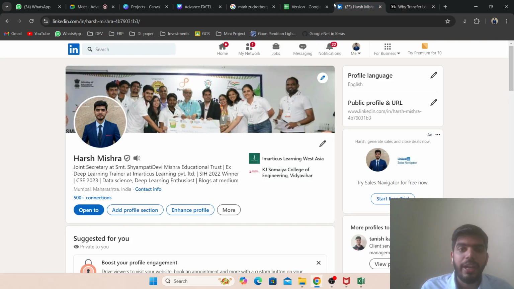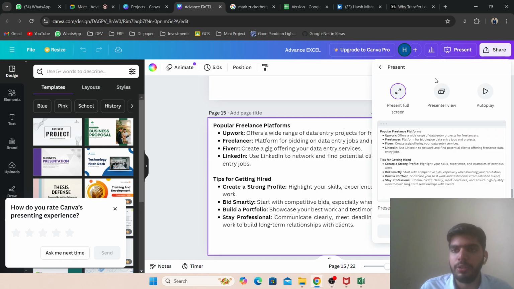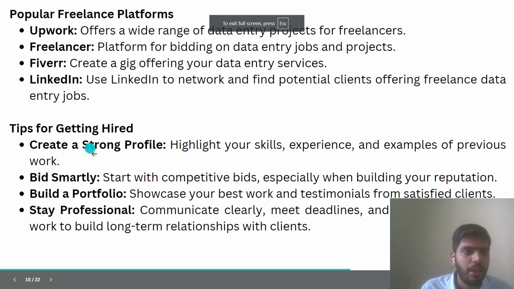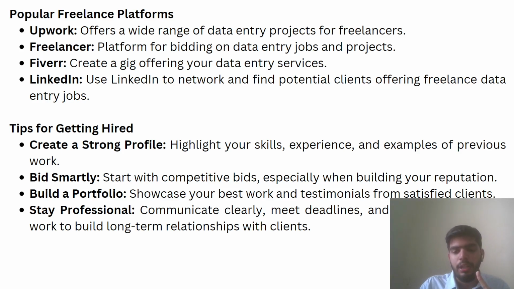Getting a strong profile is very important. Please have a strong profile. You need to do a lot of stuff to have a strong profile. To create a strong profile is not easy. You need to be very smart, very hardworking, and have a lot of knowledge. Read, make content, write blogs, have a good profile on LinkedIn, connect to people, participate in events, try to win hackathons, try to learn as much as you can. That will create a strong profile.